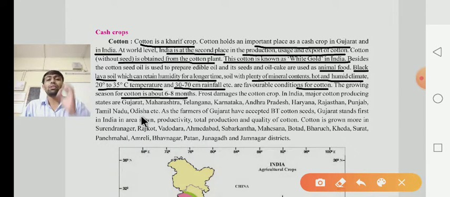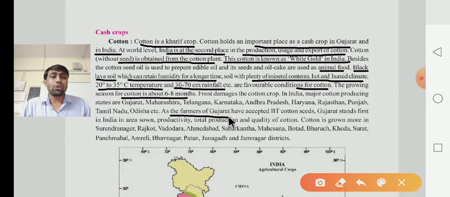These are all the names of the states. These states produce more cotton. The farmers of Gujarat have accepted the BT cotton seed. What do they have to say, dear children? They have to say that the farmers of Gujarat have accepted the BT cotton seed. Gujarat stands first in India. They have to say that Gujarat stands first in India in area sown, productivity, total production and the